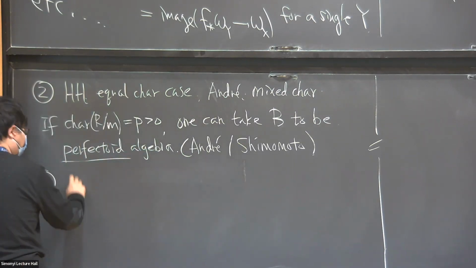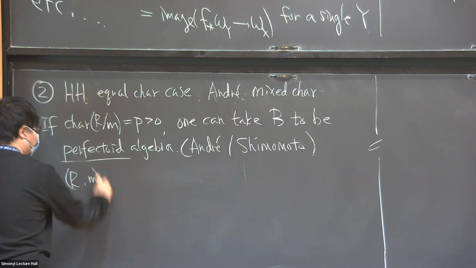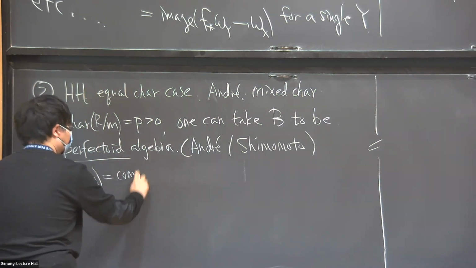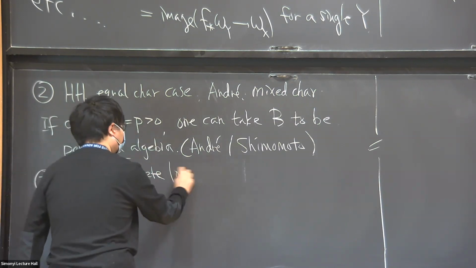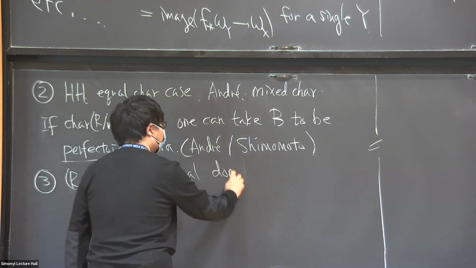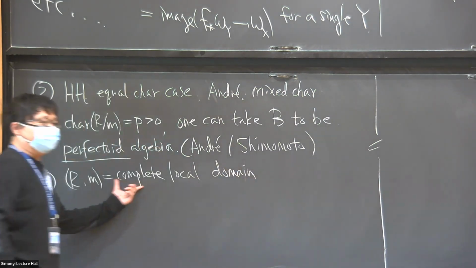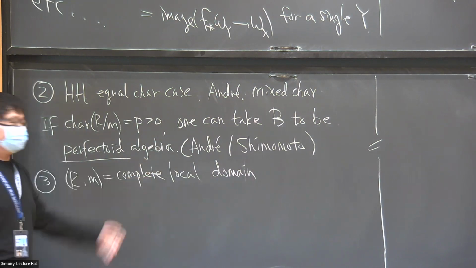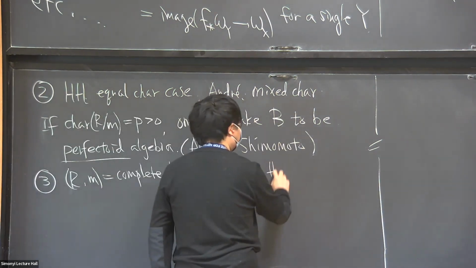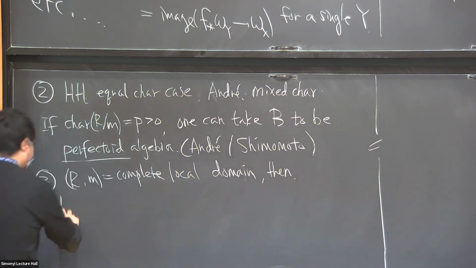Suppose R, m is now a complete domain. Here complete means m-adically complete local domain. So then in this setup, Hochster-Huneke shows,